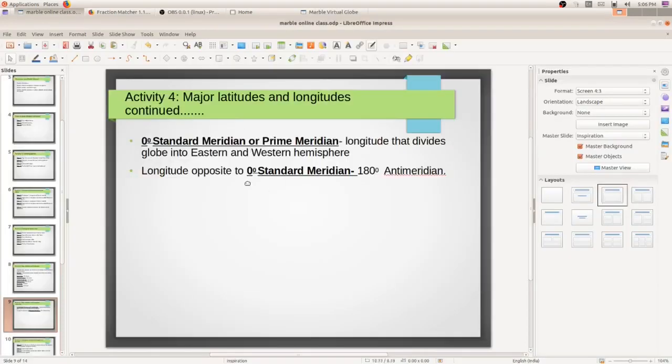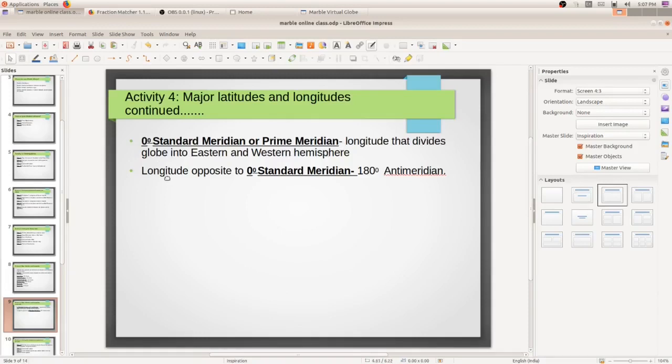Now the next one is major longitudes. I have shown you in the last class 0 degree standard meridian, also known as prime meridian. Longitude means vertical line and latitude means horizontal lines. So this is the major longitude. 0 degree standard meridian or prime meridian is a major longitude which divides the globe into two parts, eastern and western hemisphere.